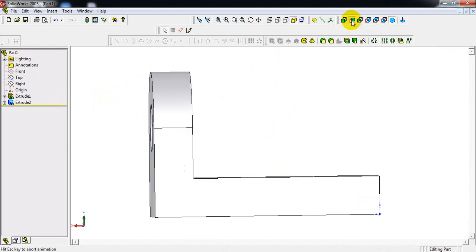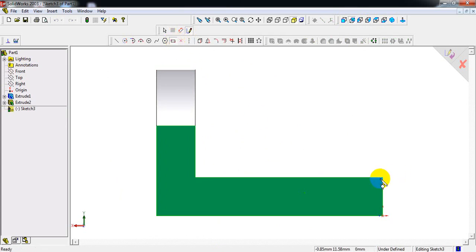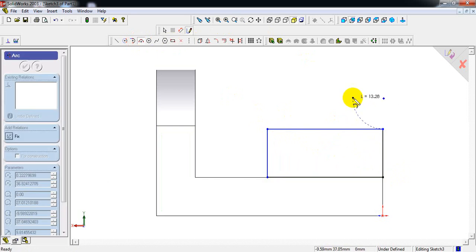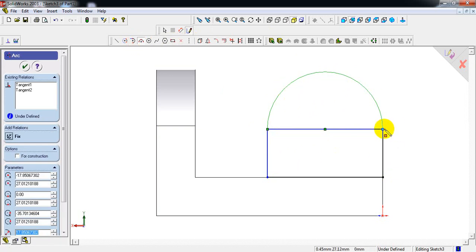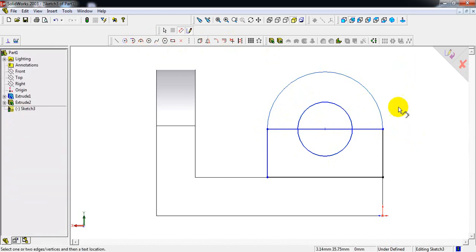Okay, now select back view, back face, sketch, take rectangle command. From top right corner, base top right corner, draw one rectangle, take 3-point arc. From top right corner to top left corner and center point, 3 points, first point, second point and third point. Select circle command. From center point draw one circle, make dimension.